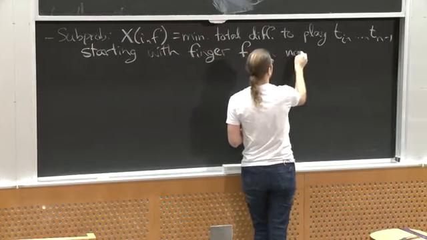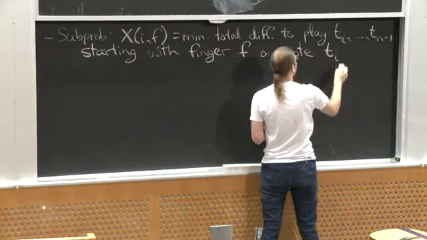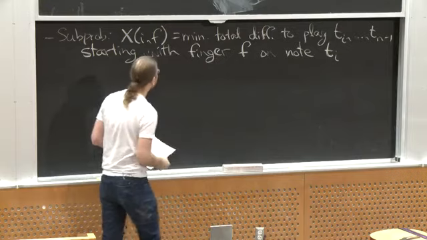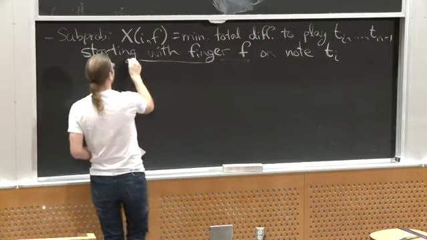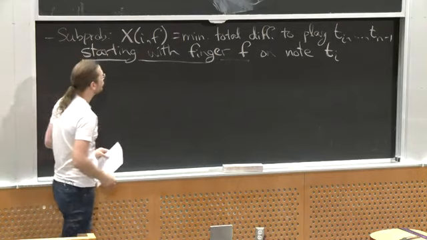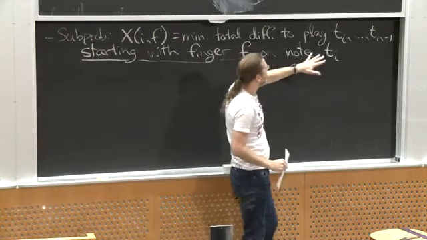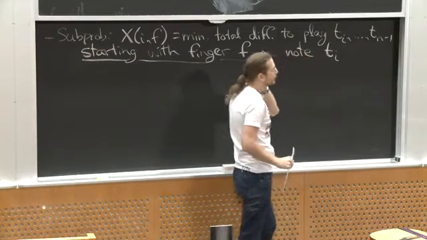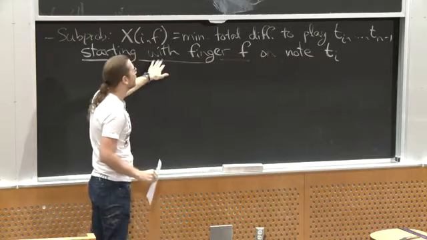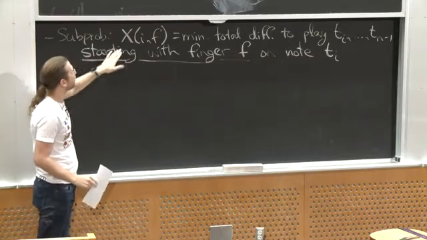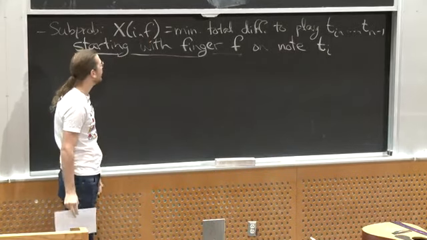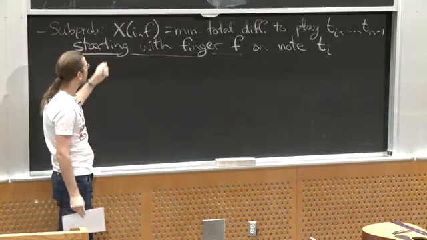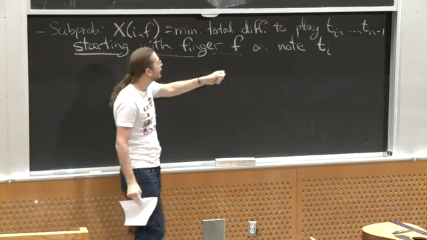On note ti. Okay, so the obvious subproblems would be without this constraint. This here is a subproblem constraint. And you could try to define the subproblems just as what's the best way to play a suffix. But I claim it's important to know which finger we start with. So we're going to multiply the number of subproblems by capital F, which is just 5, so a very small subproblem expansion. And then we're going to constrain each subproblem to say, well, what if I started with my first